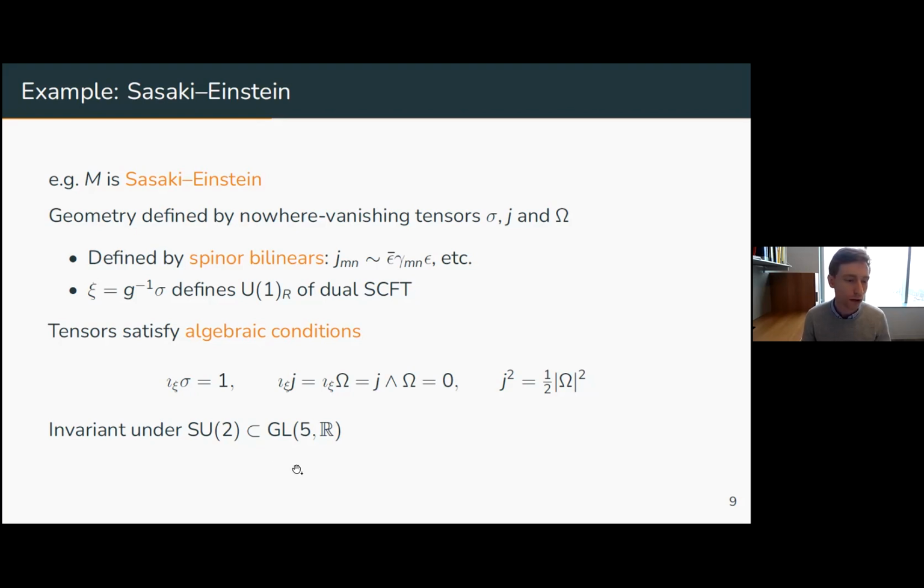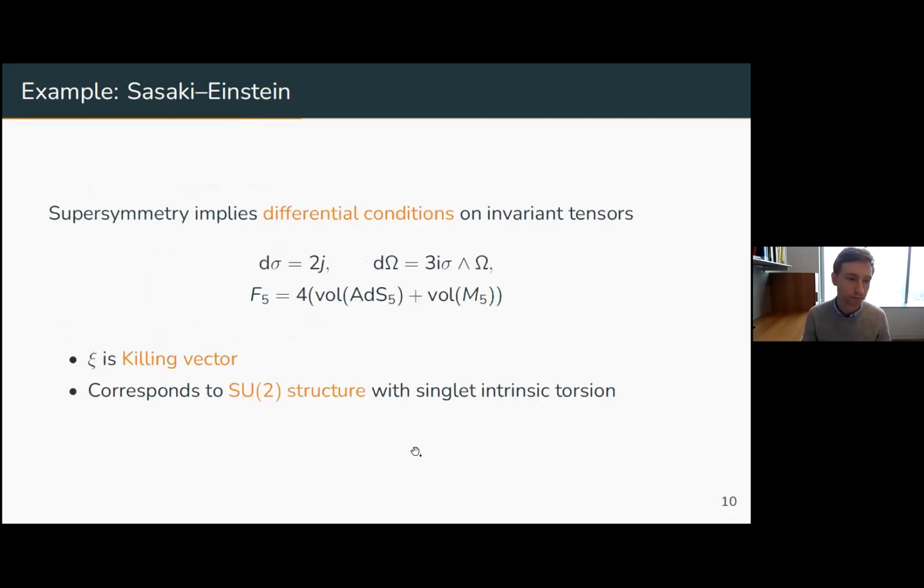on the internal manifold. In other words, the non-vanishing spinor on the internal manifold defines an SU2 structure in 5 dimensions. So those are the algebraic conditions from the nowhere vanishing spinor. Supersymmetry also implies differential conditions on those invariant tensors. And I've just written down those conditions here. So you get differential conditions on